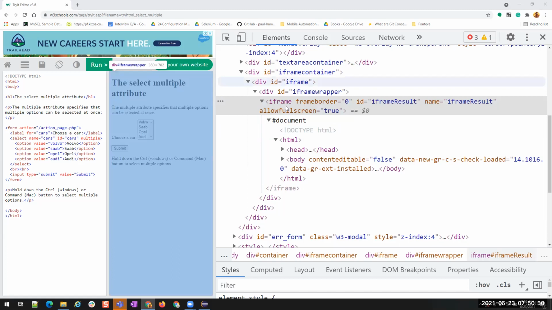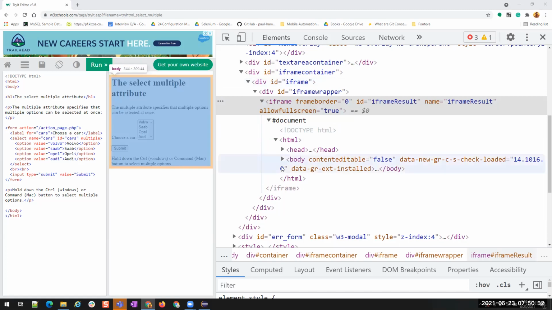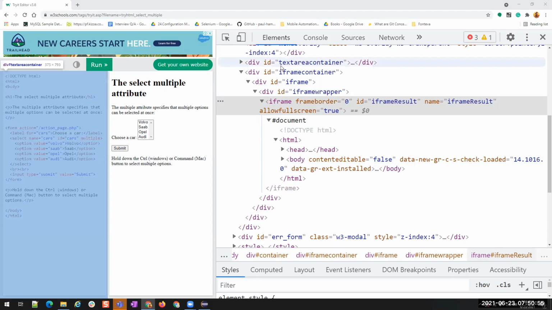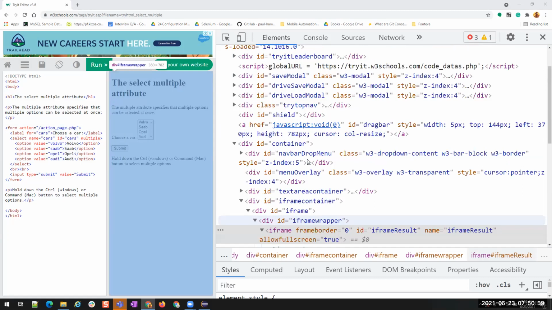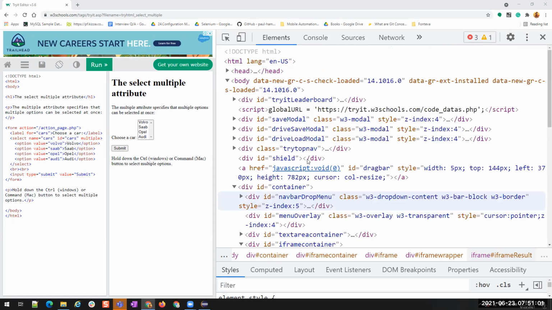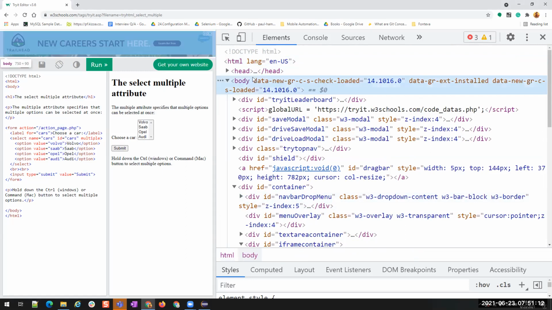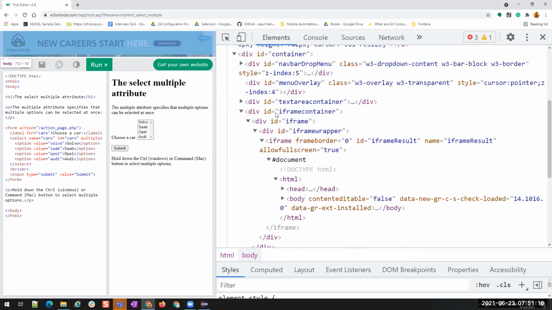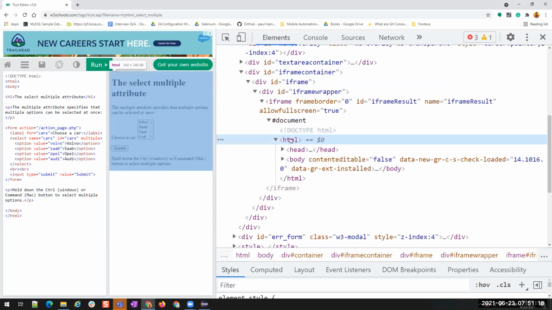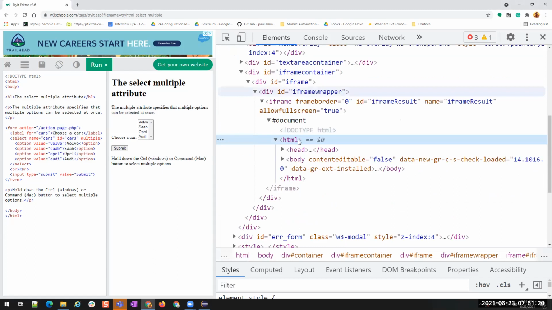Now this iframe is used to display another HTML document inside our HTML document. By default, when we are creating an object or calling the WebDriver and going to a particular URL, our control will be on this HTML page. But all of a sudden, there is another HTML document within our HTML document.